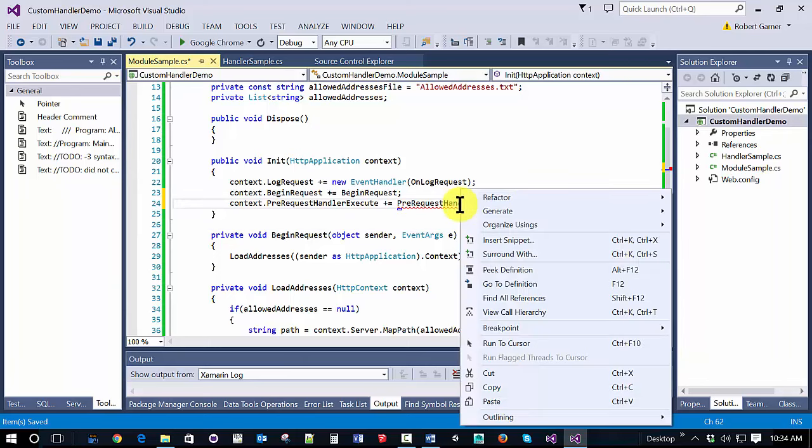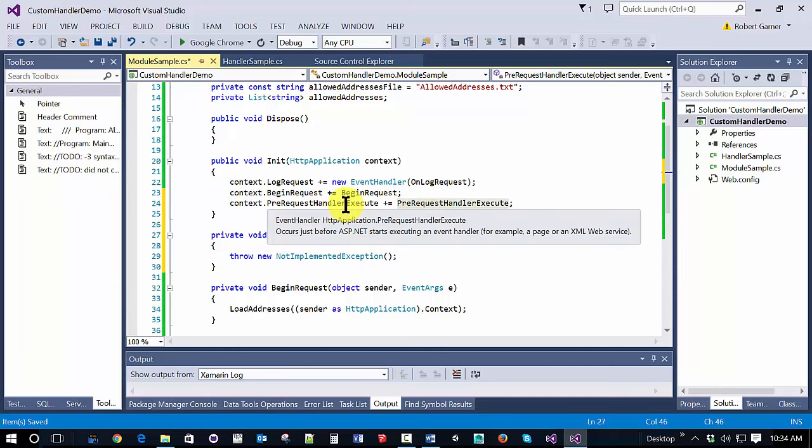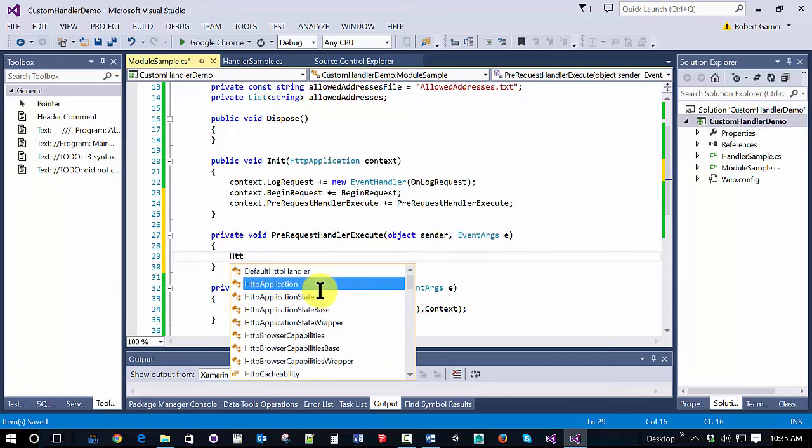And I'll generate the method stub for that event handler. And so what this is saying is this method will be added onto this event handler, just like the other one. So now what do we want to do with our pre-request handler? Well,